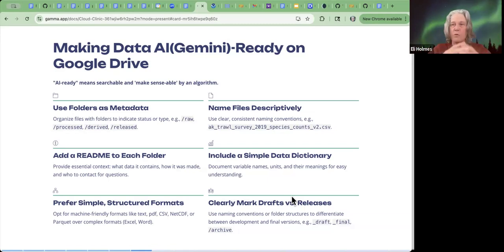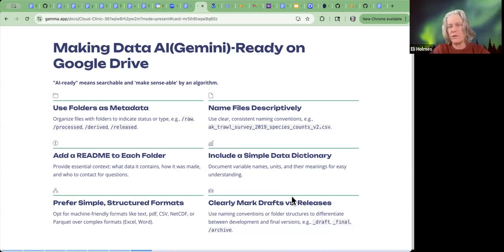Because the data becomes more valuable when it's no longer just unstructured data, like we're just throwing the data into the garage, but we add some extra information. And now this powerful, you can kind of think of it like a really intelligent search system. That's kind of what Gemini is. Gemini can start to make sense of our data when we add some extra information. So it can start understanding the data and making connections. And it's not just for Gemini or just any AI. It's also helpful for people.